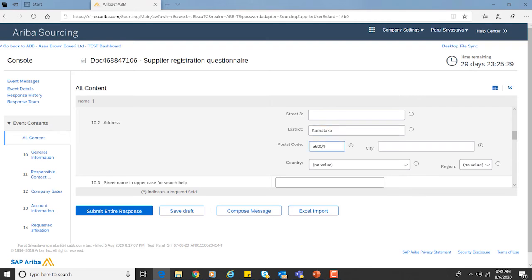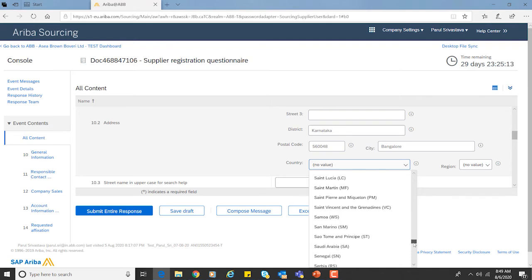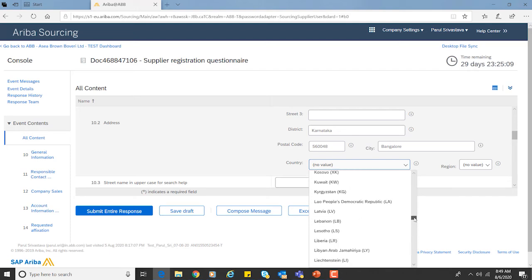The more information, the better. Country, you can put your relevant country. In this case, I'll put it as India.